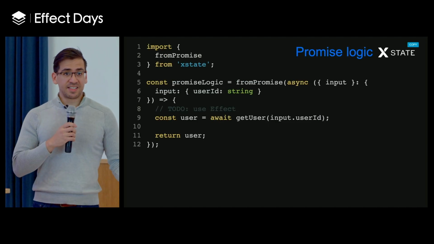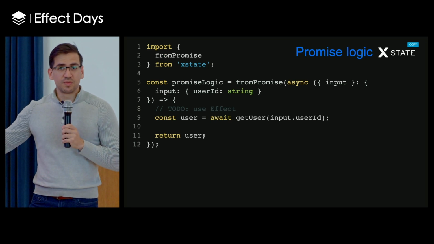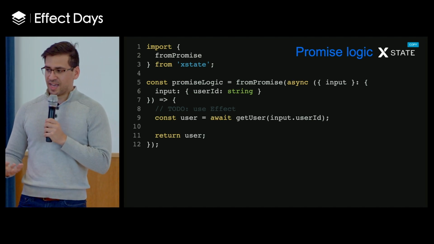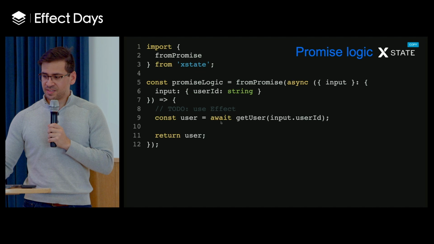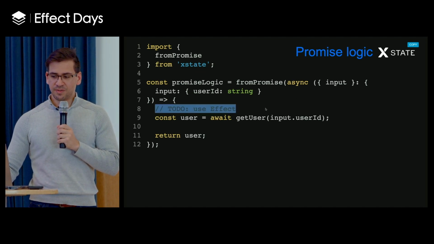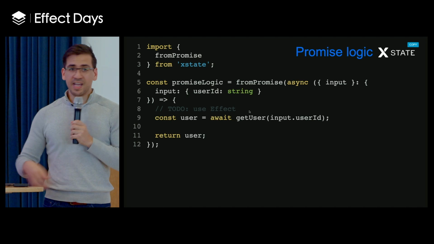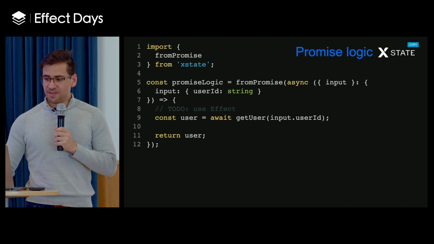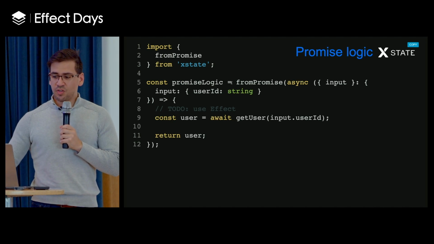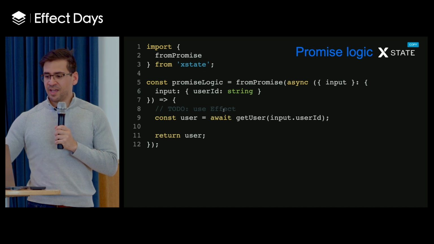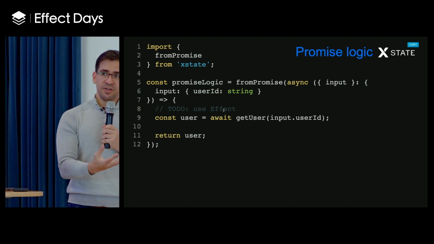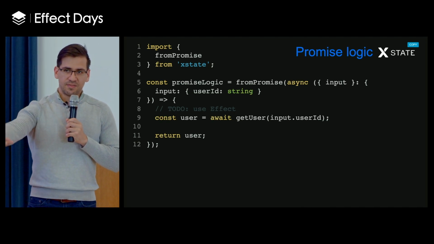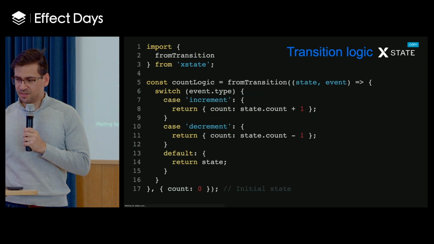So in XState, you could actually not even use a state machine if you don't want to. There are many different ways of expressing actor logic in XState. One of the ways is by promises. So I have here a useEffect, which I'll talk about soon. But it's very possible to just use effects to model the behavior of these actors. So with XState, you could just have a simple promise here. And that is going to create an actor that doesn't really do anything with events that it receives. But eventually, it's going to give you an output value that you could subscribe to.